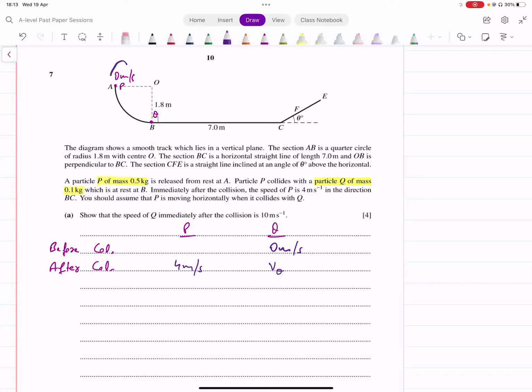देखिए P ने ऊपर से start किया यहाँ से, it's a smooth track, so keep that in mind. That means there's no resistance and there's no driving force. Resistance भी नहीं है और ड्राइविंग फोर्स भी नहीं है। रिमेंबर, जब ये दोनों चीजें होती हैं तो आपकी